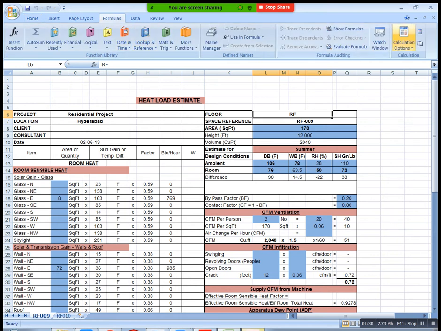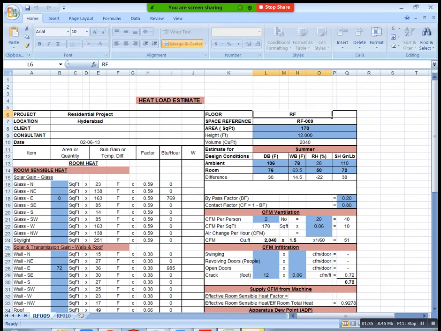Now here you can see I calculated now. After calculations, directly here you can see your number, space reference, space number. Okay, here room name, we are giving bedroom, kitchen, master bedroom, majlis, dining room, like that. Now same here you can mention your room number. After this room number we need to specify area of the room, floor area. Here area of the room means we need to mention floor area. Next, height of the building, floor height we need to specify here. Then you are getting your total volume. This is our first 5 rows.